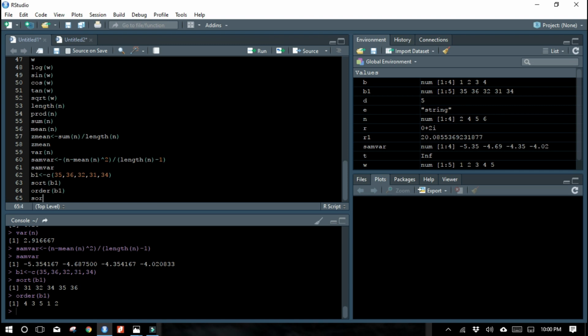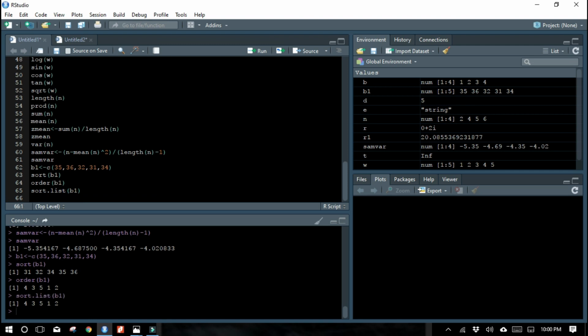What about the sort dot list of B1? That will also give the same number. Sort is different, order and sort dot list is different. So if you want to find the ascending order of the particular column, you can use sort. Whereas if you want to find the position, you can use either order or sort dot list. Both you can use.